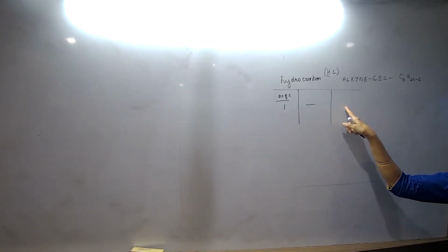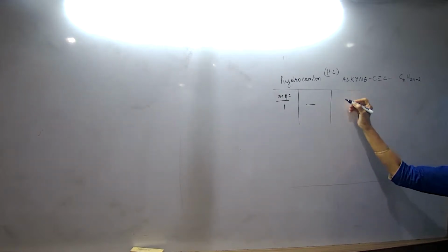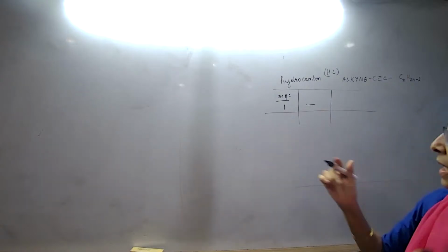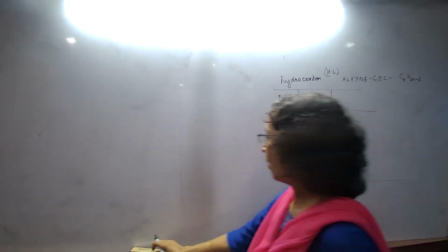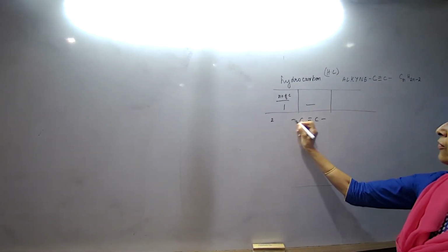So we are going to draw the structural formula as well as the molecular formula. I have given you, for the first one, obviously there is no such compound. If there are two carbons, how are we going to draw? And we need to indicate that there is a triple bond. This is how it is going to be. This also we have finished. We have completed in our notebooks there.